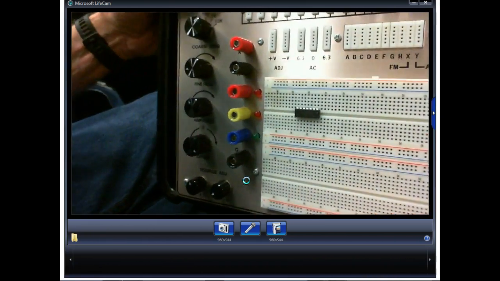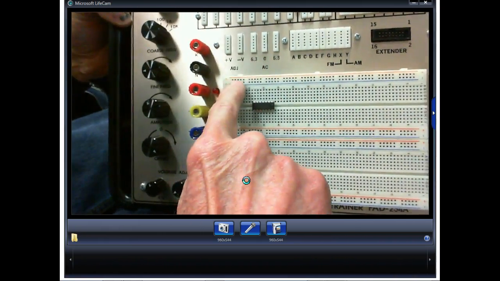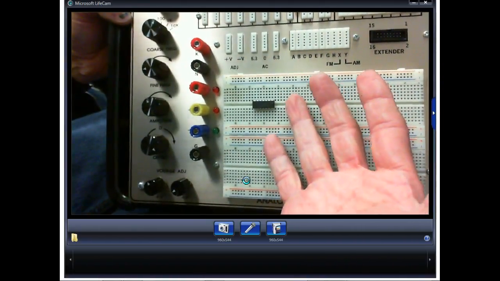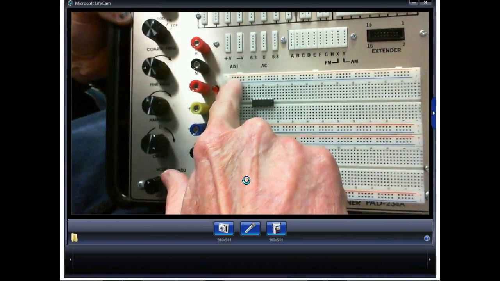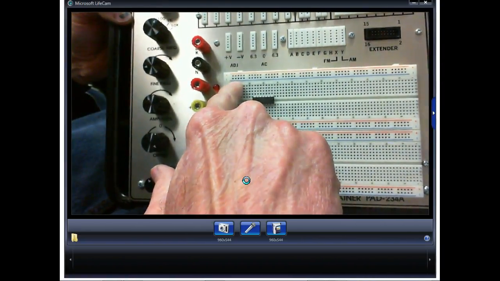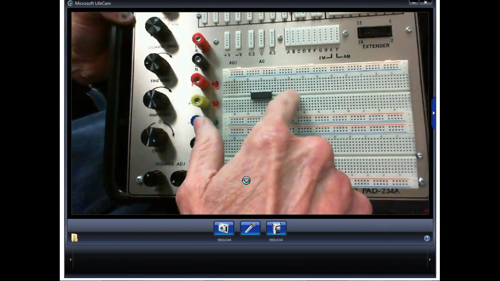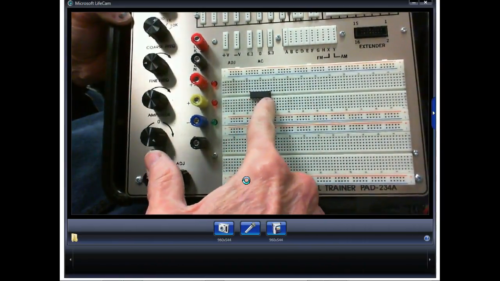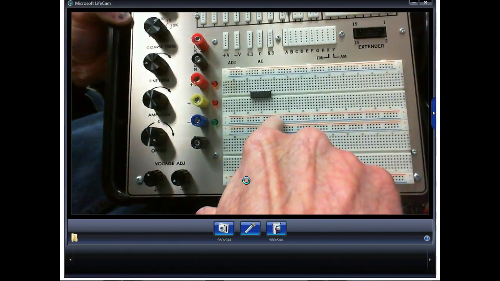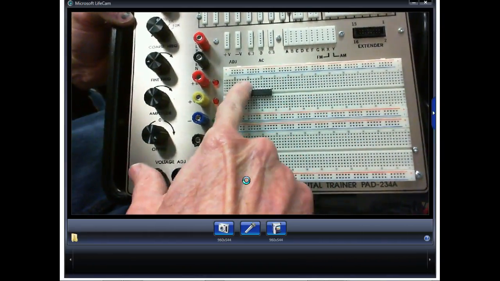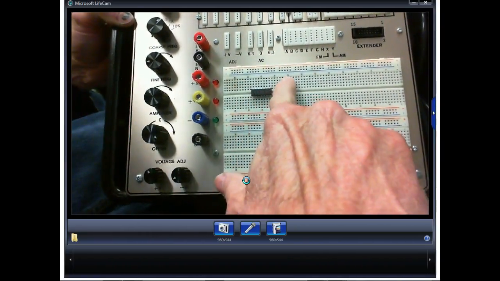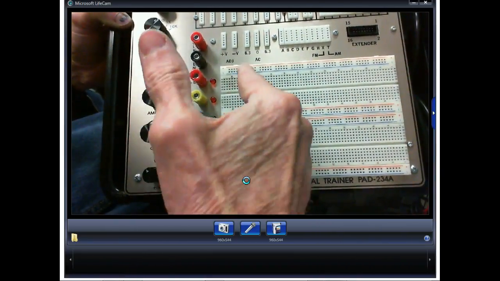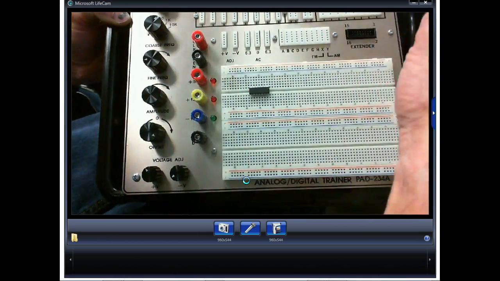By the way, y'all understand these power buses right here? So what we can do is we can hook up 5 volts to like the red. We can hook up our ground or common to this. Since the power is on pin 14, I would probably put my power on this red. And since my ground is on pin 7, we would probably put our ground wire here. And then all we have to do for every chip is just jump up here instead of trying to run,